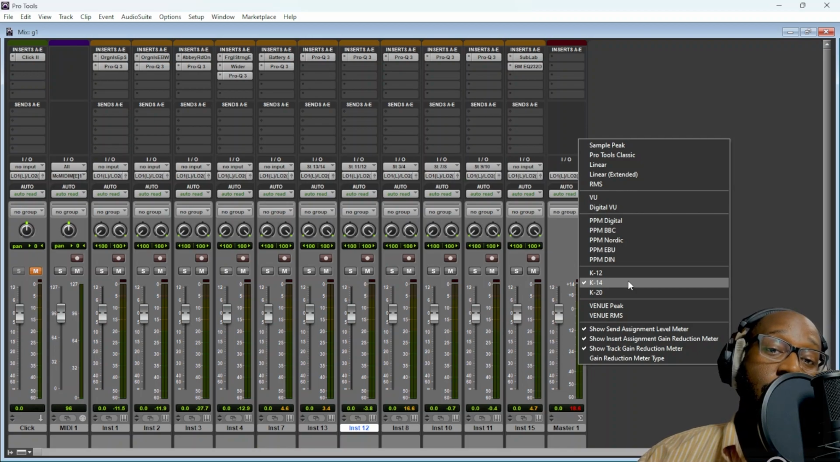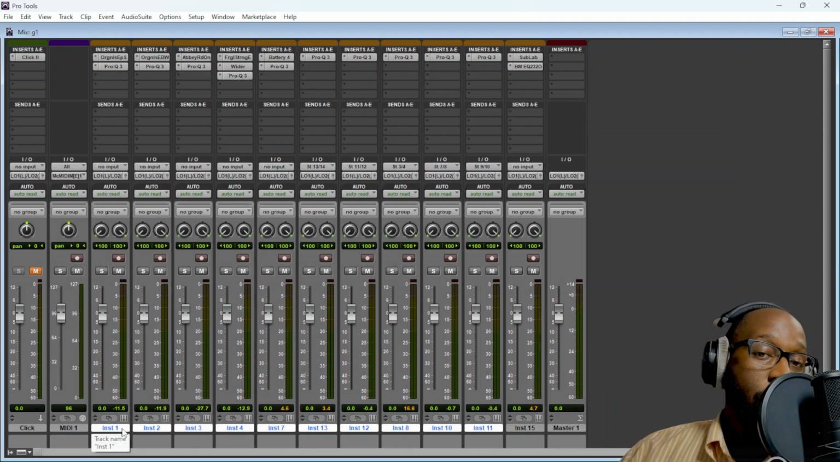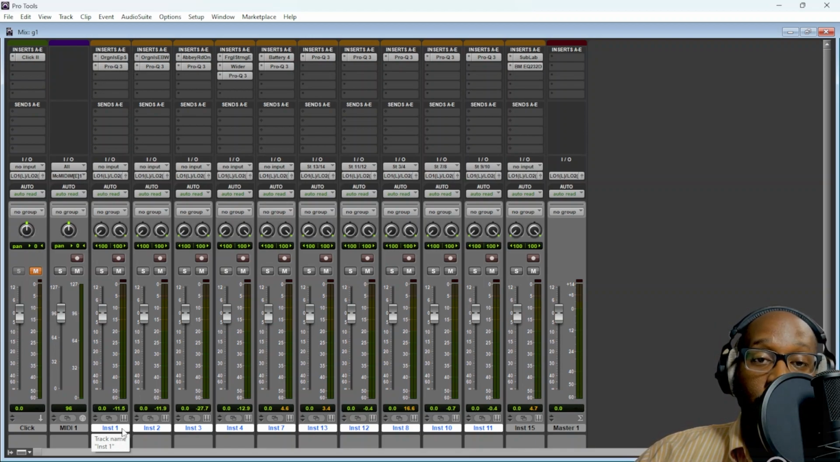I switched to the K14 meter after watching an interview with the legendary engineer Young Guru. He kind of explained how he uses K14, and I kind of took that and applied it to my workflow. And ever since then, I've noticed a big difference. One thing that you will hear when looking at the various tutorials on beat making is mix with your ears, not with your eyes. And while that is very true, you do also have to use your eyes at times